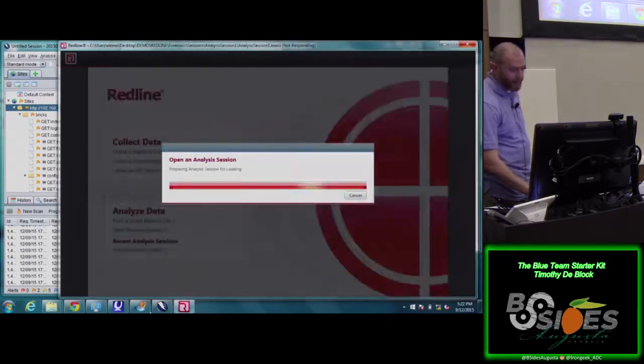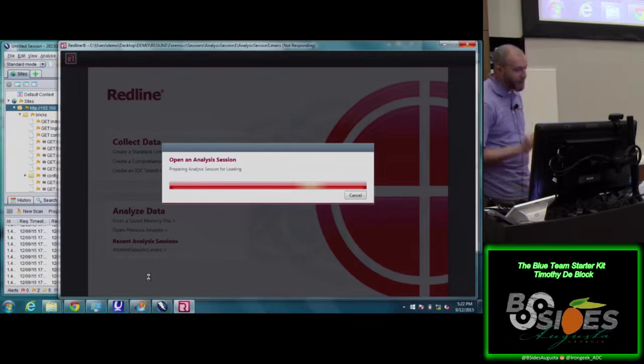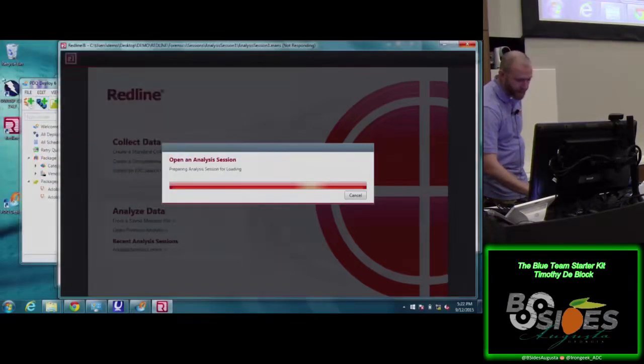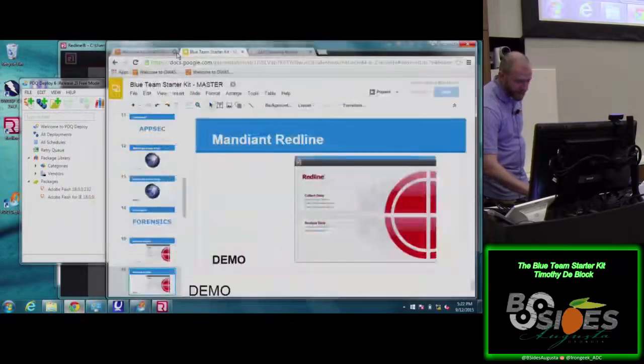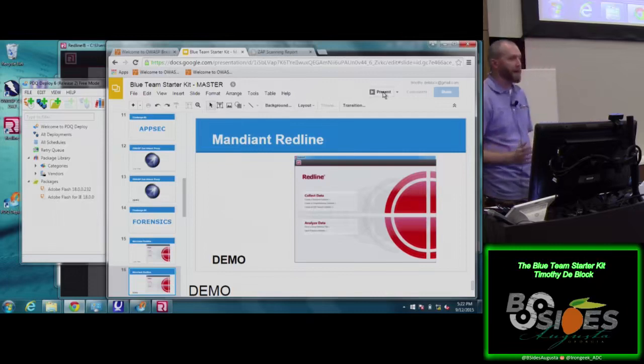They told speakers not to expect wireless, so everything I've tested, I've built without internet. So it should work. It's just been real derpy at times. I'll probably close out some of the stuff. Like I said, we'll move on, and if at the end it finally loads, we'll give it another shot. I don't want to keep people here just to run Redline. Like I said, go home and run Redline. It's very well documented. It took me maybe 20 minutes and I was off and running. And then you can start going through and checking out some of this stuff.